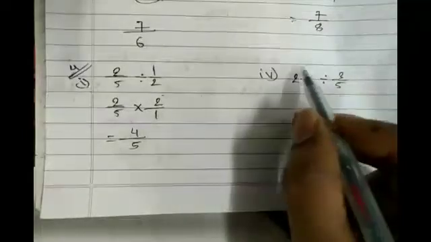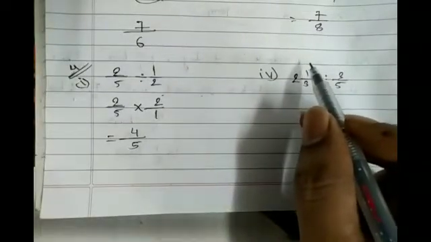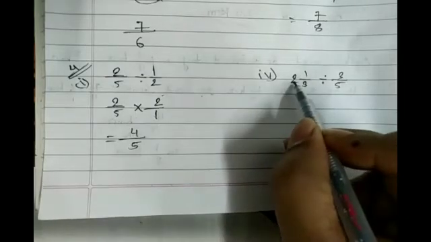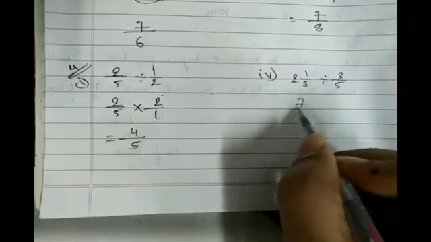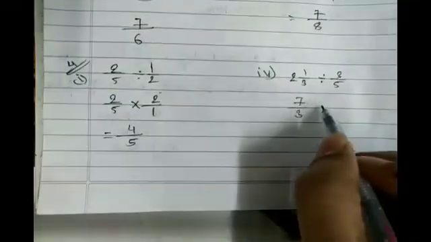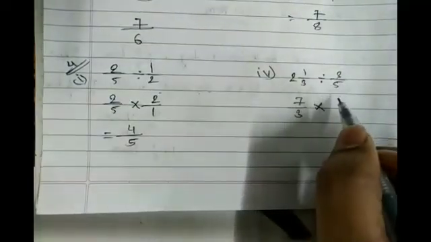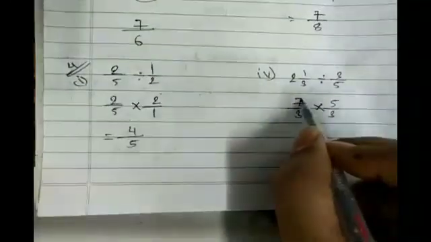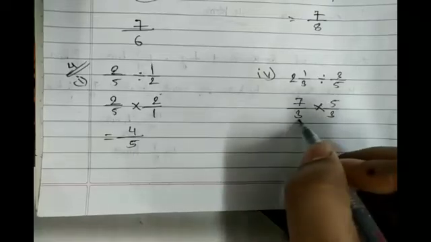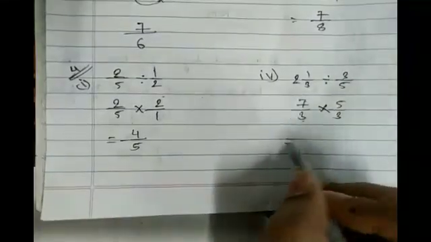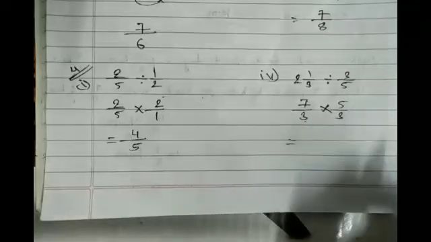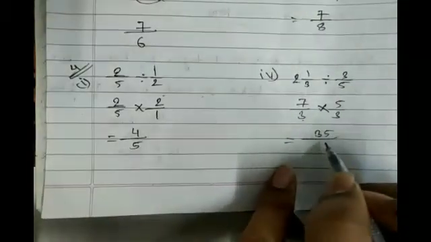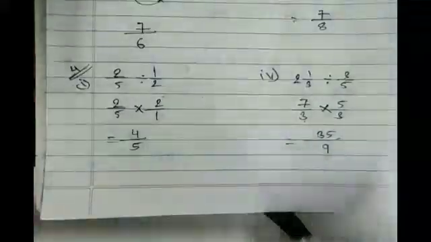In question number 4, the first part is given in the form of a mixed fraction. So convert that mixed fraction into a simple fraction. 3 2s are 6 plus 1, 7 upon 3. Multiply. Reciprocal of 3 upon 5 is 5 upon 3. Numerator multiply with the numerator. Denominator multiply with the denominator. So what we get? 7 5s are 35, 3 3s are 9. It is our answer.